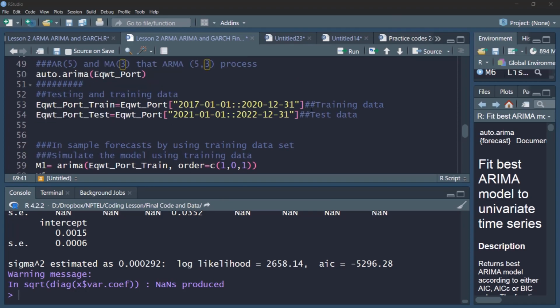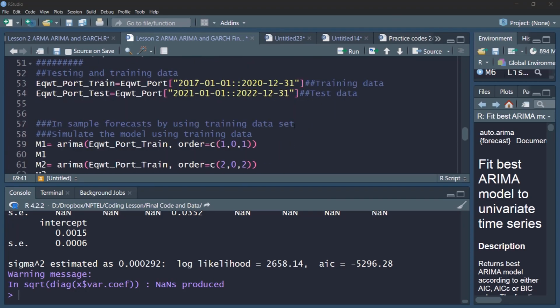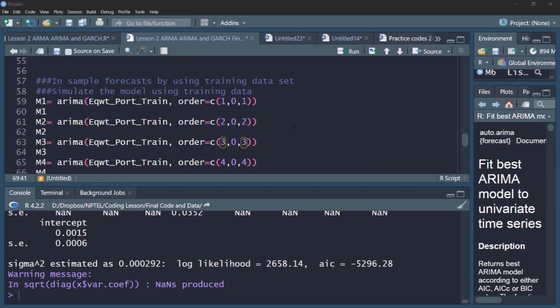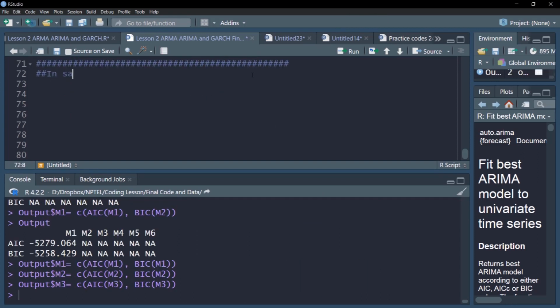So to summarize, in this video, we broke our data into test and training sets. Then we simulated 6 different models, including each lag of ARMA 1, 2, 3, 4, 5. And lastly, we also simulated a mathematically fitted structure through the auto.arima command, which we named M6. So we have 6 models that we have trained. And in the next video, we'll examine their out of sample accuracy. In this video, we'll examine the in sample fitting accuracy of our model.